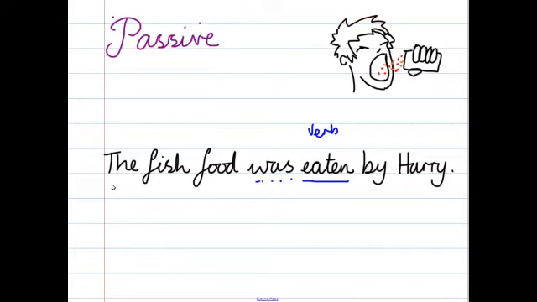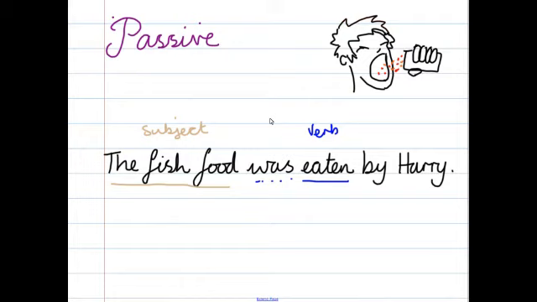Now that's slightly different in a passive sentence because it's not the thing doing the action. And in this case, if we read it again, the fish food was eaten by Harry. The fish food was eaten by Harry. So in this case, the subject is not actively doing something, it is having something done to it. The fish food wasn't doing the eating in this case, it was being eaten. So in the passive form of a sentence, the subject is being acted upon by the verb instead of actively